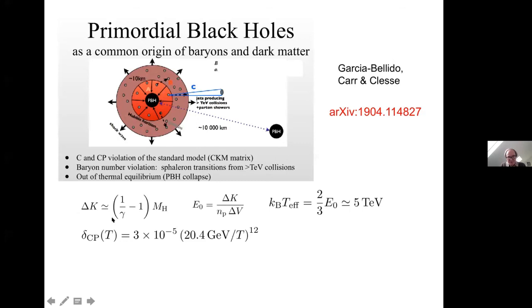This is the energy which is being generated just by the release of Coulomb gravitational binding energy. It's the gravitational energy, okay, and that energy gets imparted to the shock, and you get an effective temperature. Now, the CP violation factor in the CKM mechanism does depend on the temperature. Here's the formula, but the point is that